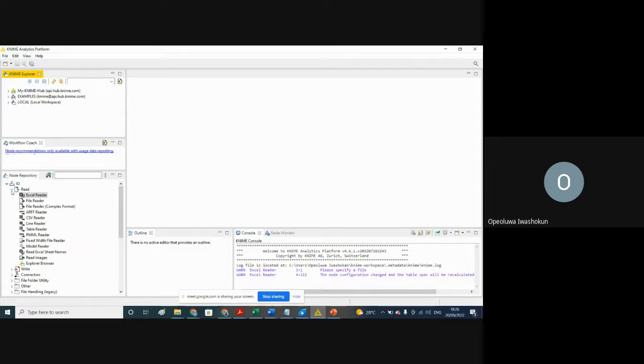understanding how to replace missing values using mean, median, mode, and understanding how to ensure that your data is normalized. Remember last week when we talked about left skewed, right skewed? So I'm going to show you an example of how to bring data into NIME Analytics and how to produce